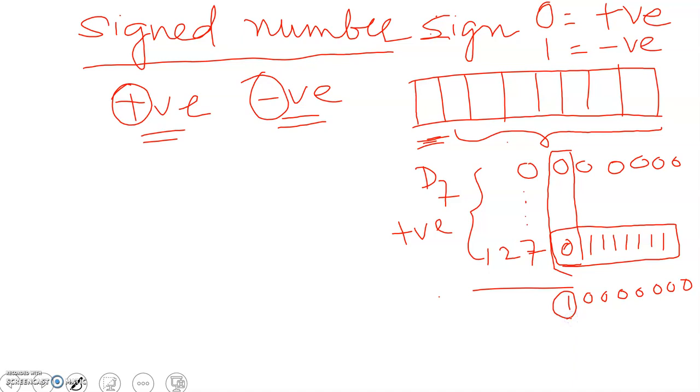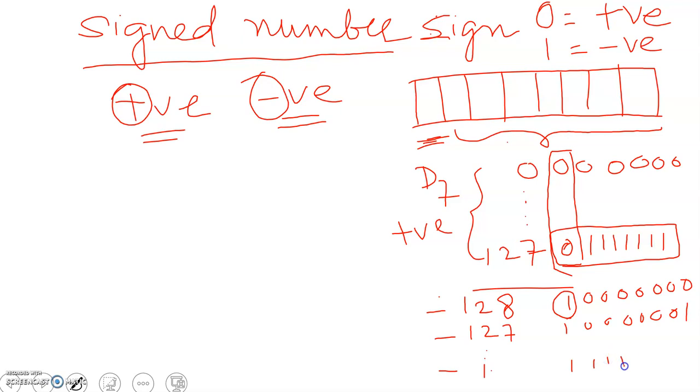Now this number is a negative number, and its value is minus 128. Then the next number would be 1000 0001, so minus 127, and so on